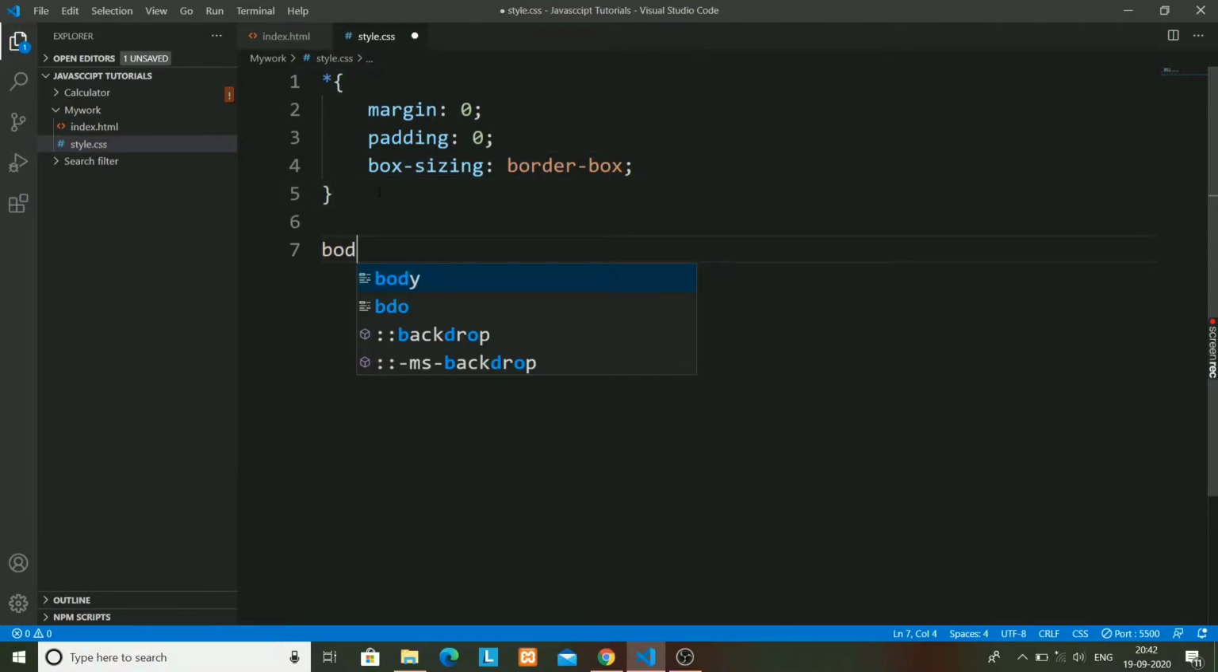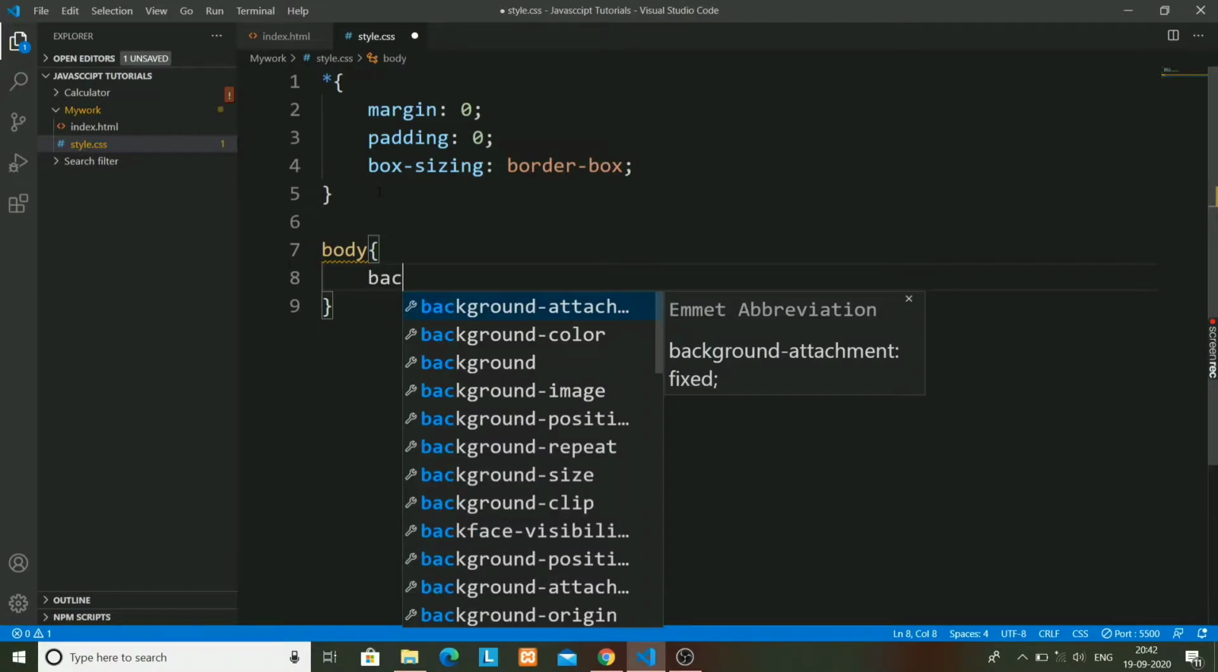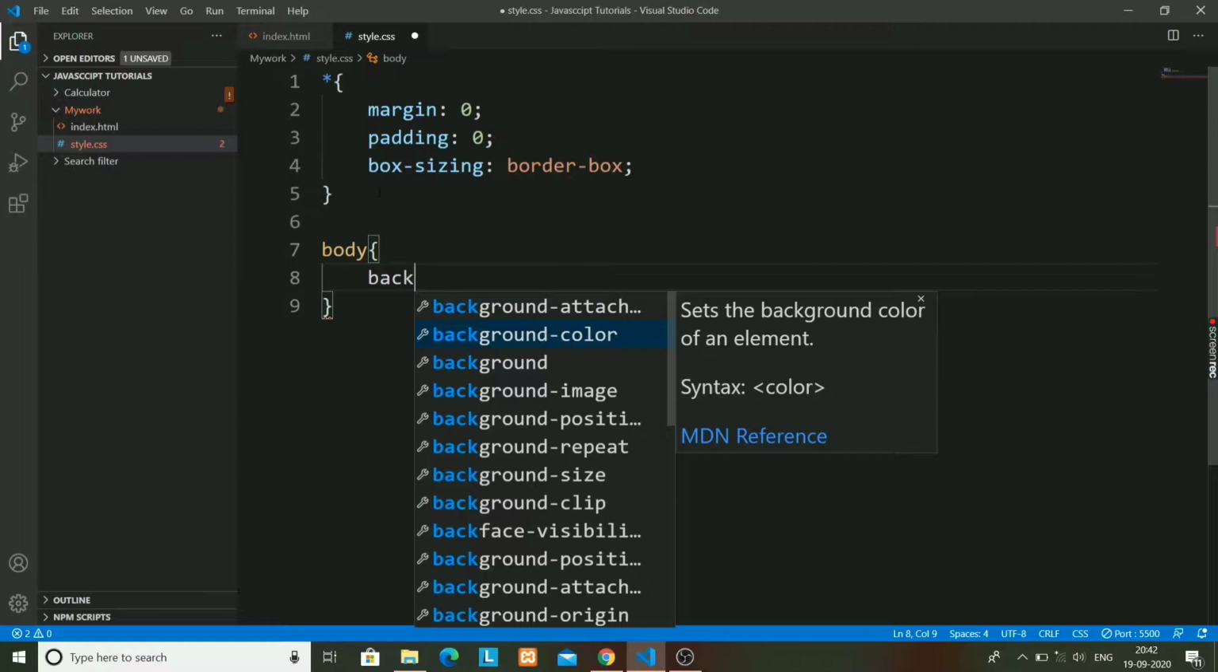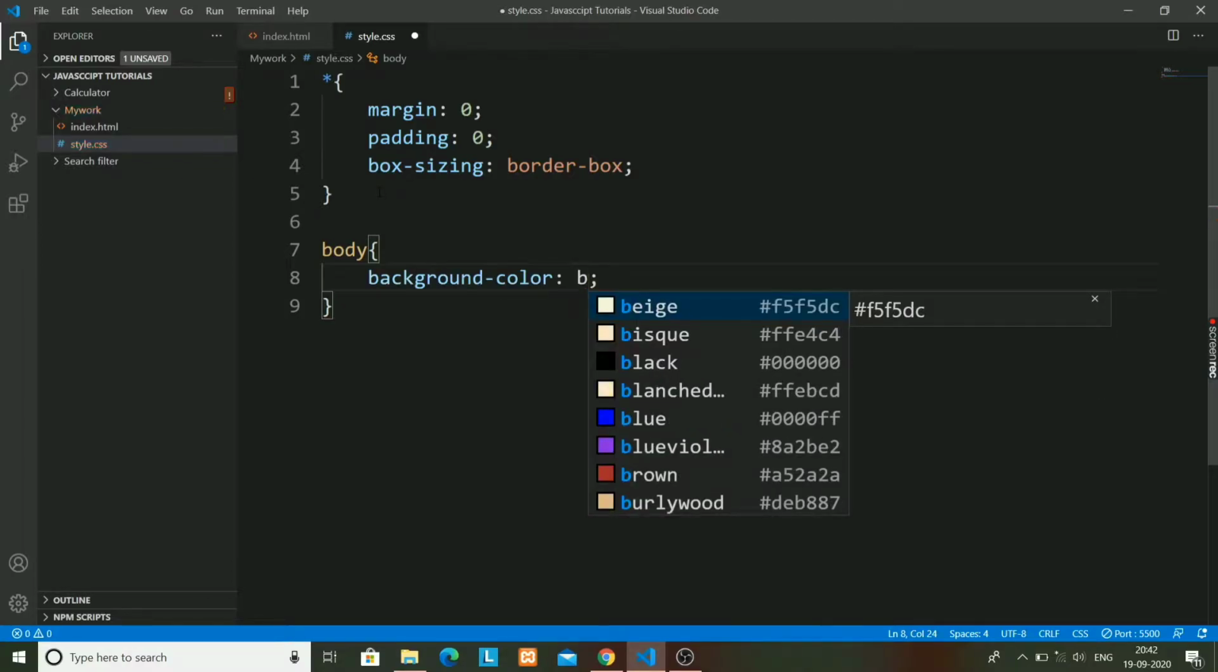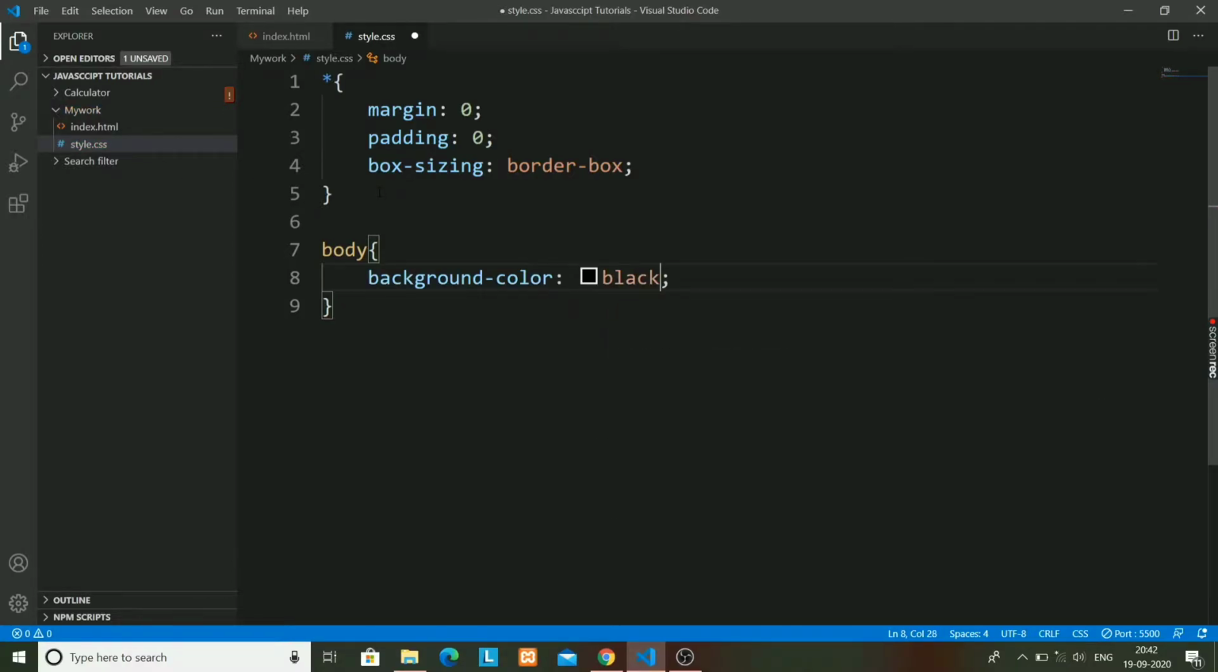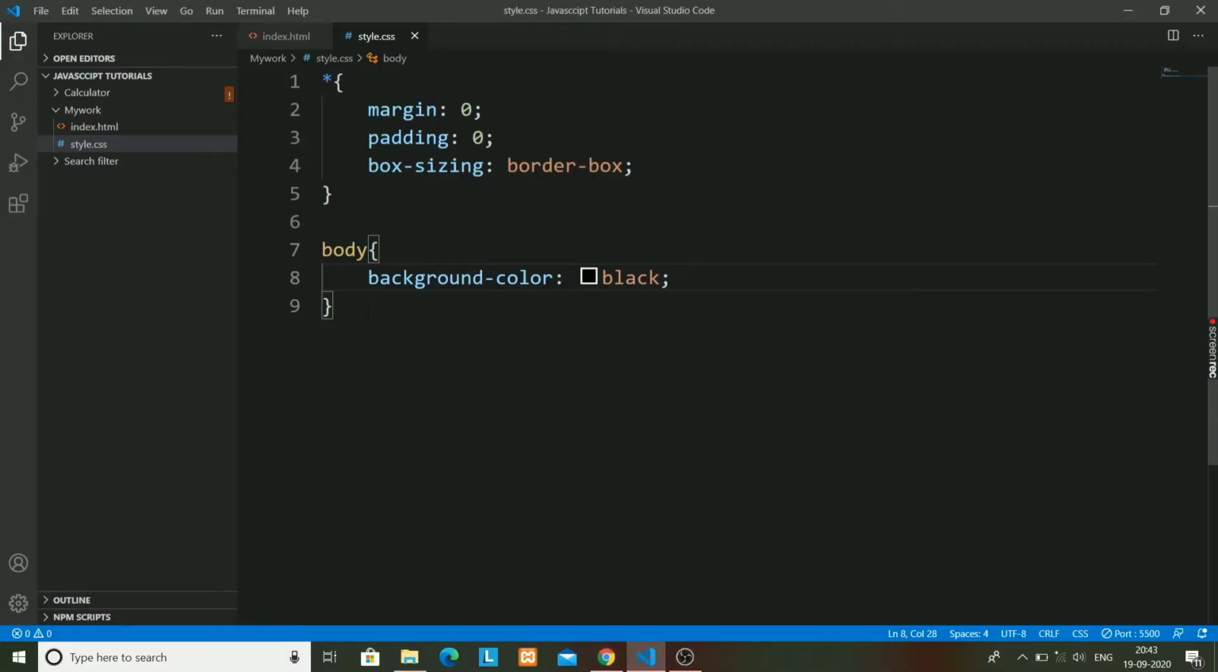The next thing will be the body. I will style it as display flex and background black. So it is looking like this. I know it is not looking good, but keep with us so that